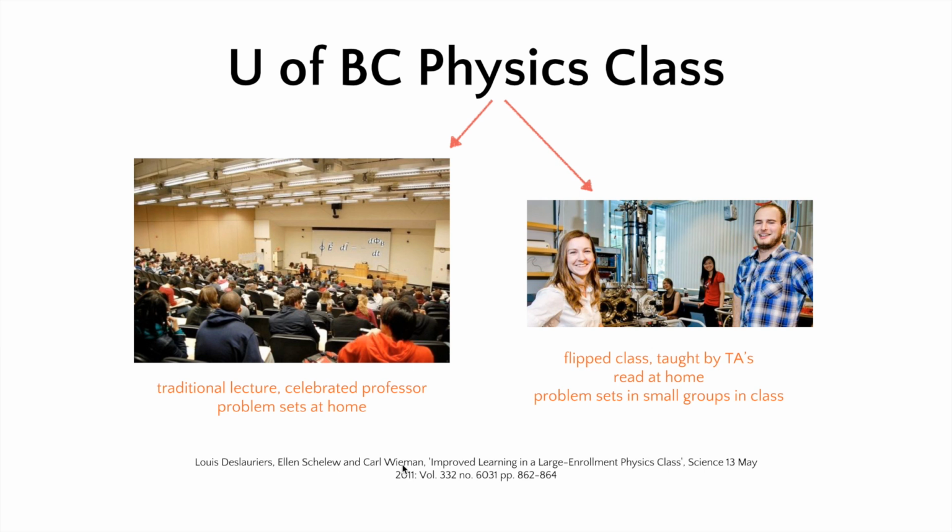And it was a physics class at the University of British Columbia. The class was taught by a celebrated professor and usually had 800 or so students in it. And it was broken up into sections. And so they took one of those sections, which was the electromagnetism section, and they split the class into two